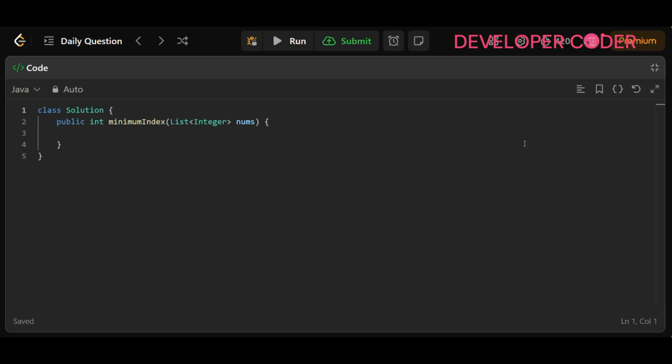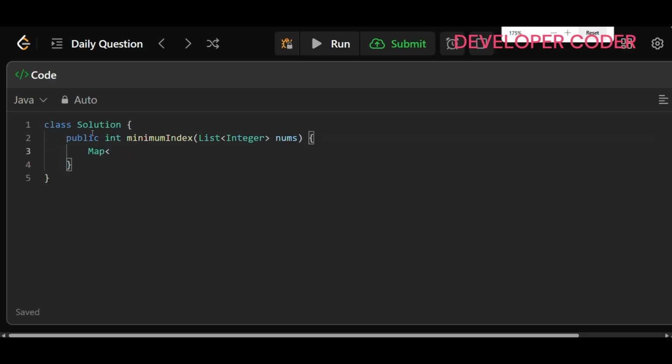Okay, so here you have to create 2 maps. And in the maps we have key value pairs, right? And both are of integer type, right? So here you have to write map. Okay, now it is more visible, right? Integer,